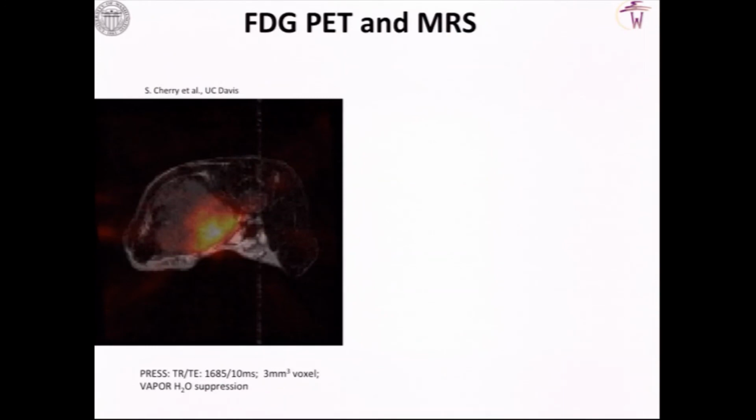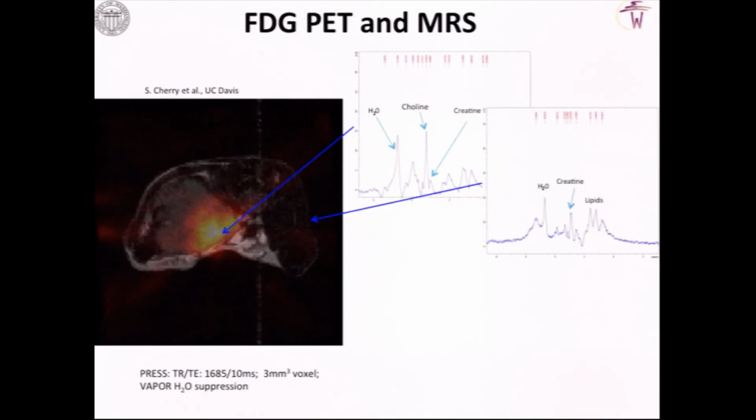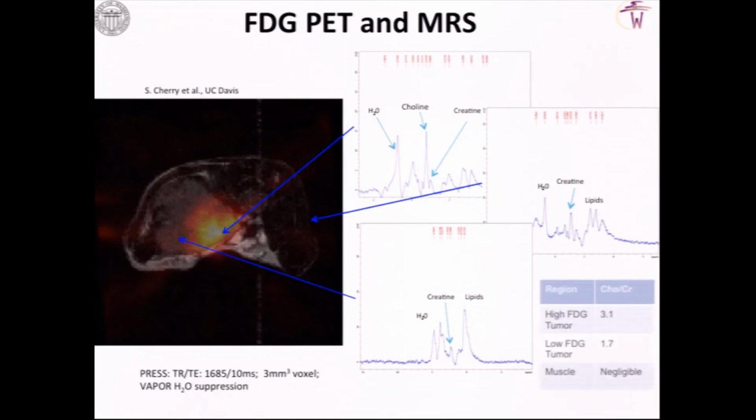The other thing that they've done here is some FDG PET with MRS spectroscopy, and here they're looking at the different sections of a tumor, showing that for the high activity uptake of the FDG, they're also seeing a high level of choline peak. With a lower activity level of the FDG, the choline was lower, and then in the muscle area there was basically no choline uptake. And the high choline may be suggestive of a high membrane turnover rate,